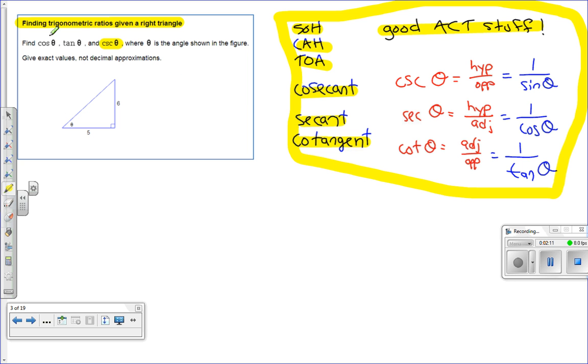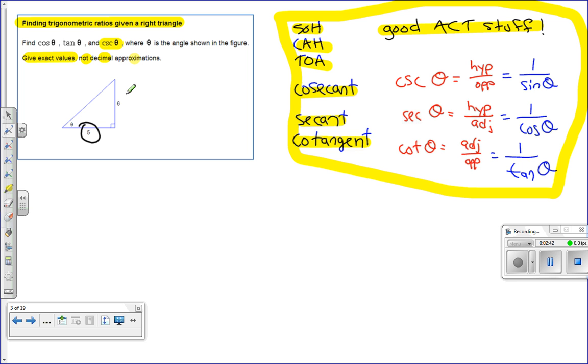So we're going to need to find cosine, tangent, and cosecant of the angle theta, okay? Oh, they want exact values. I'm sorry, they want exact values, not decimal approximations. Okay, so exact values is going to make this a little tricky because we're going to need to know all sides. Well, that's not that big of a deal because we're given two sides, right? And we know that this is a right angle. So that comes to our famous